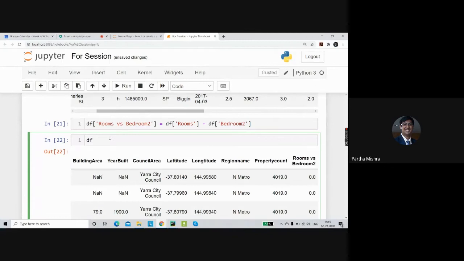For that, let's take the help of the drop method. In the drop method, we mention the columns which we want to drop. Here we'll be dropping the bedrooms column, and now that we have compared these two columns, we don't need the new data we created either, so rooms versus bedrooms can also be dropped.